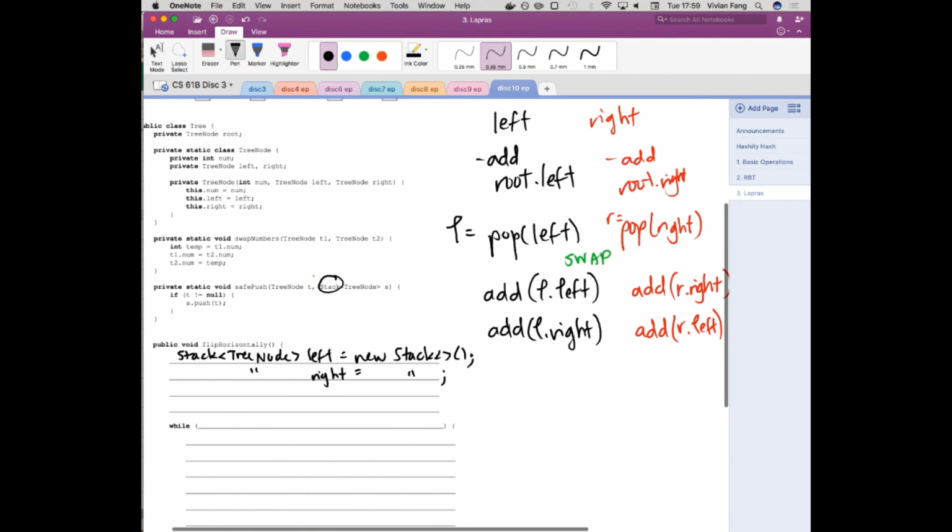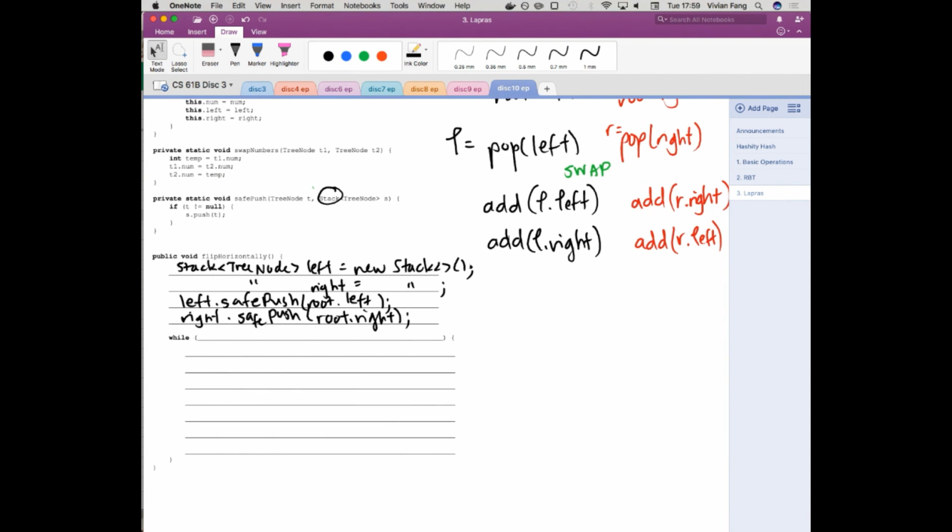So we'll say left.safePush root.left, and then right.safePush root.right. Good. So this is making our stack, giving it the first two nodes.